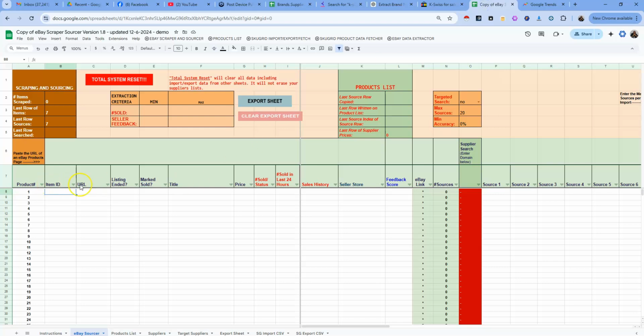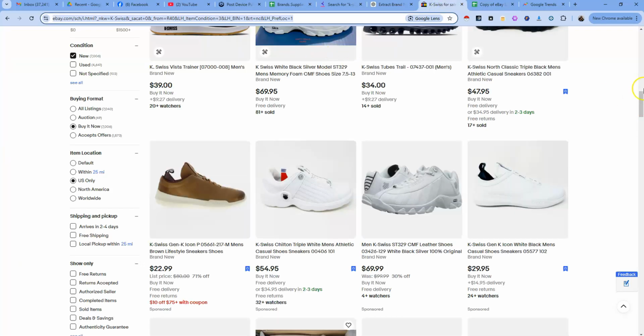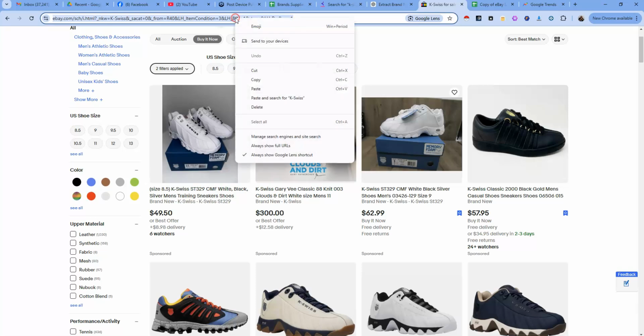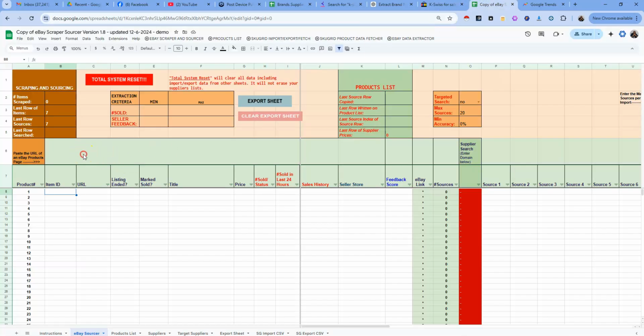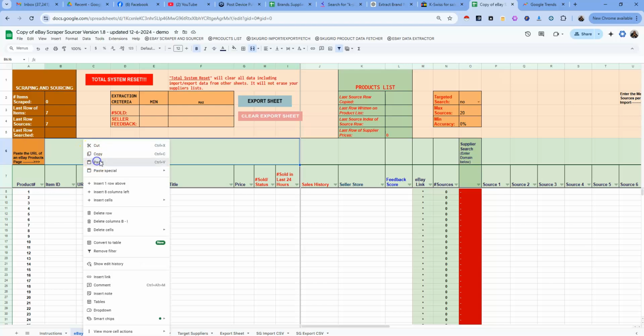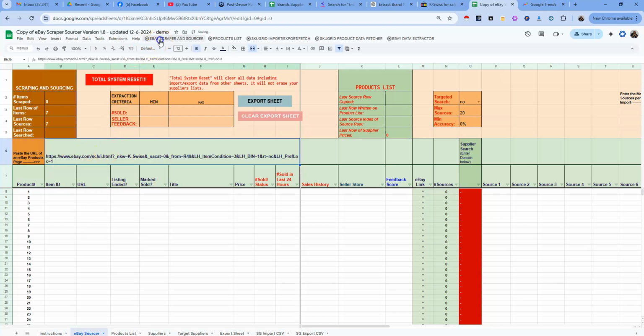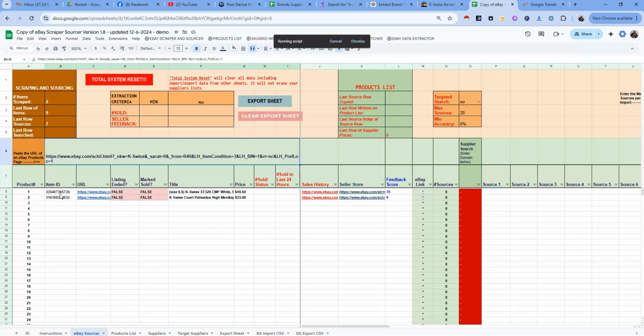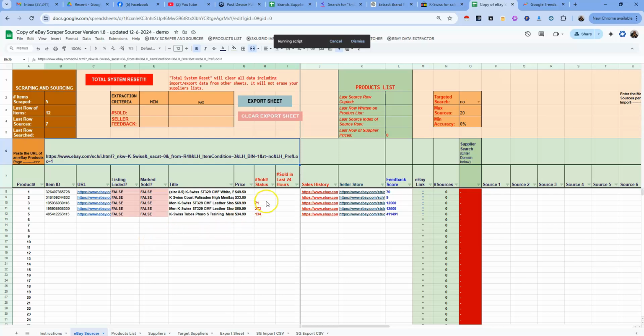I have a Google Sheet that I made. What I do is I take the search URL and copy it over to this spreadsheet, and you just paste it right in this box. You go to the menu, eBay Scraper, and extract current eBay page, and it will extract these products right into the spreadsheet. And this makes it a lot easier for you to see individual products that have sold, the